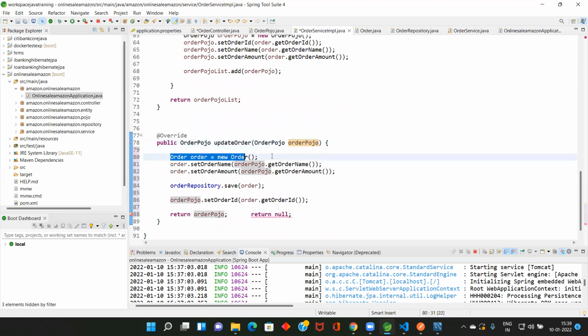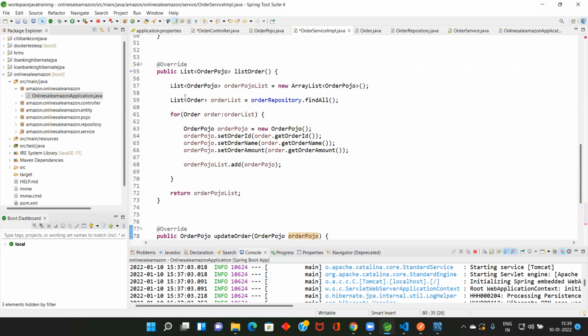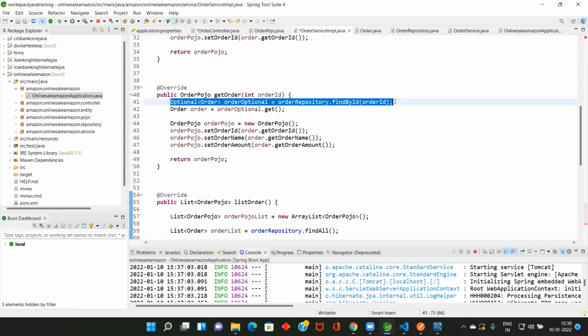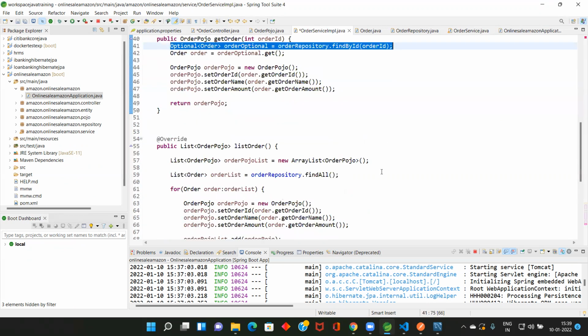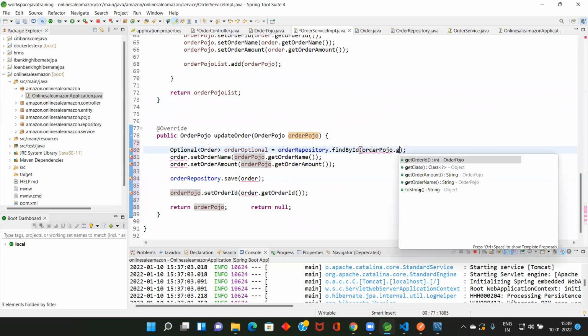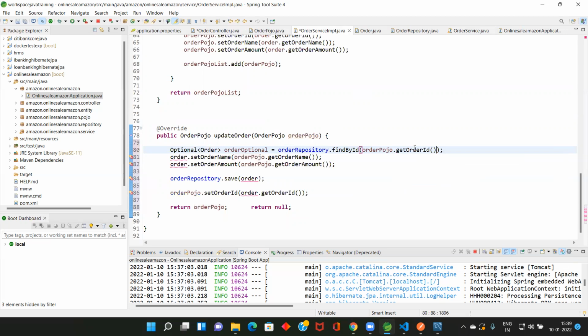You are not going to get the order, you are going to pull the order details. Update order, right? You are going to pull the order data. Order ID. From Pojo, I am getting the order ID, so it will give me the order.